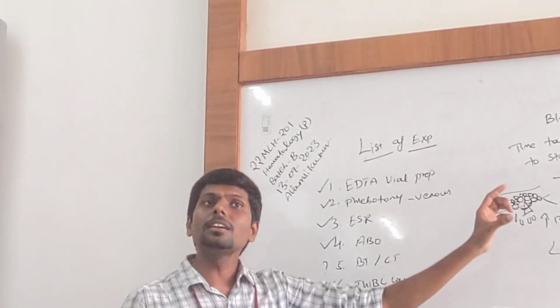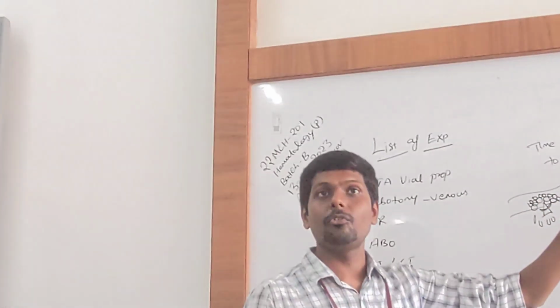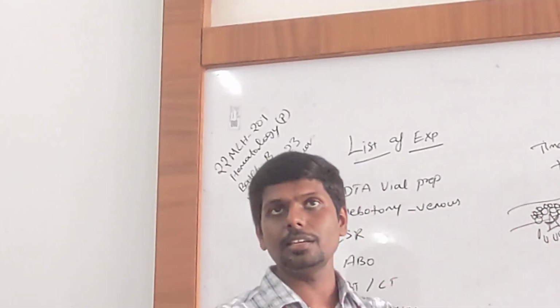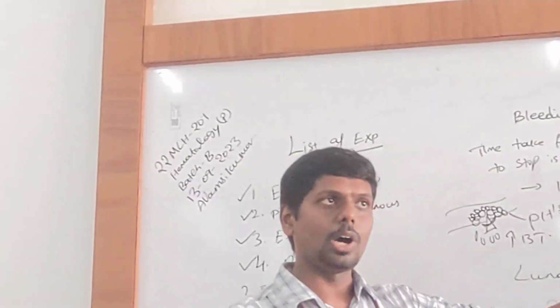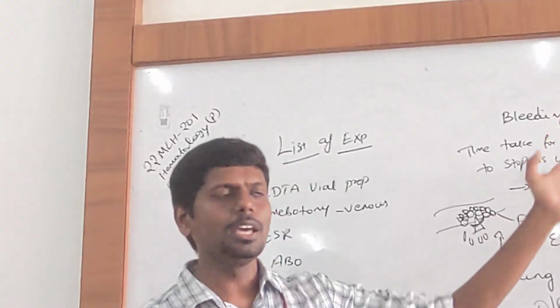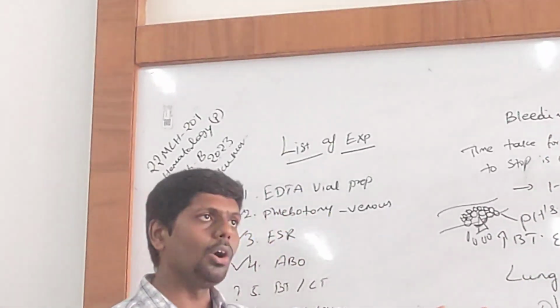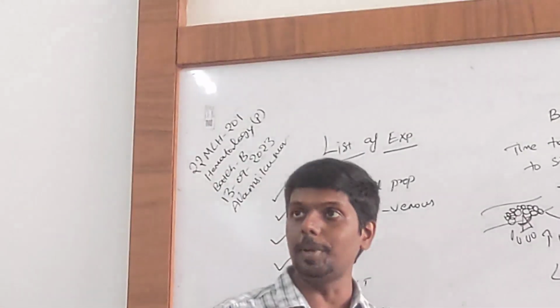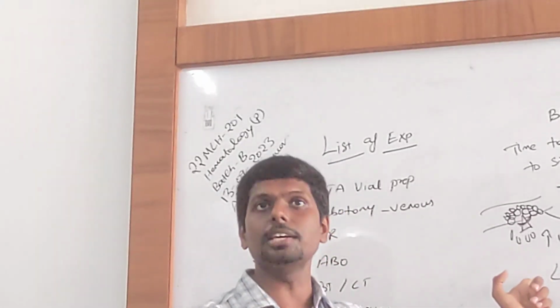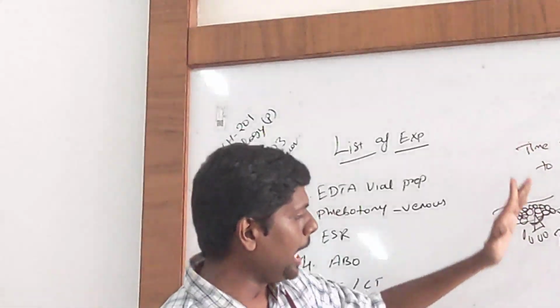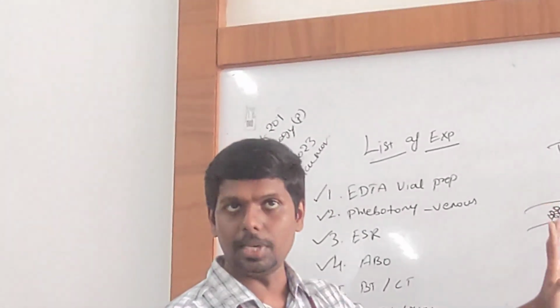So, what contributes to bleeding time? What cells will stop the bleeding? Platelets. So, if the platelet count decreases, obviously it will increase the bleeding time. Okay? So, that is one condition. Also, if there is any excessive internal bleeding, the platelet count will reduce. Okay, there is a relation. So, platelet count contributes to bleeding time.